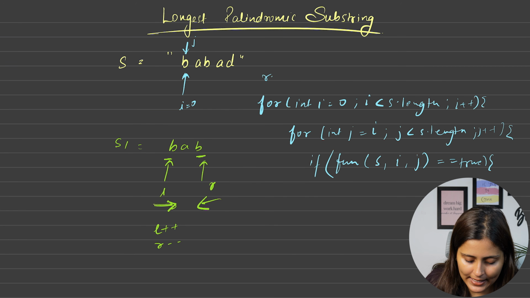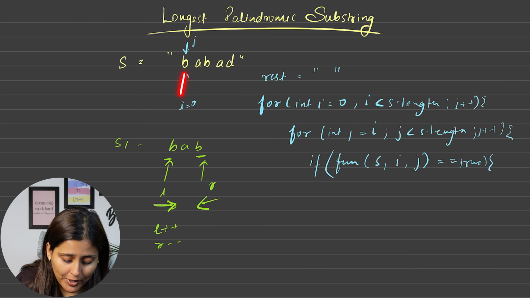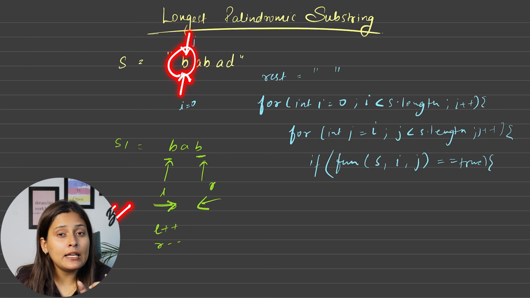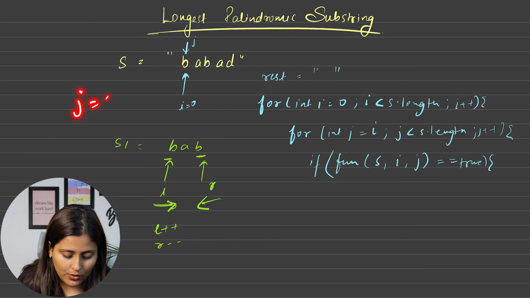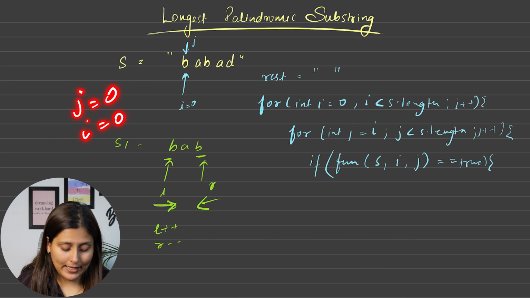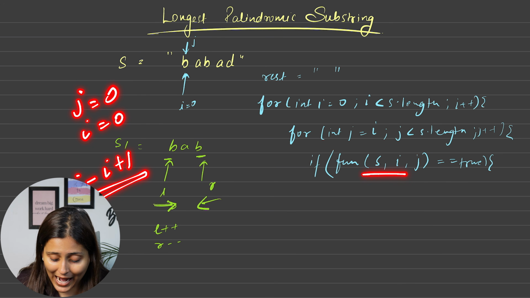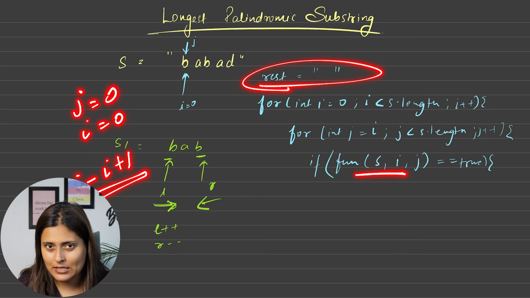So can I say in my resultant string I will save it somewhere, and basically I have to check. So how can I check? Now my i is pointing to 0 and j is also pointing to 0. So definitely in the palindrome check function this will return true. So what is the length of this, if you want to calculate? Definitely j is also 0, i is also 0, and to calculate length we do j minus i plus 1, correct? So that length, if it is greater than the resultant length, which is 0 basically now,